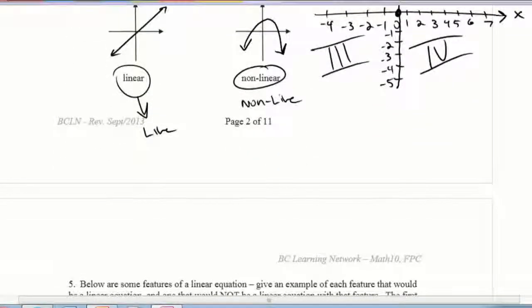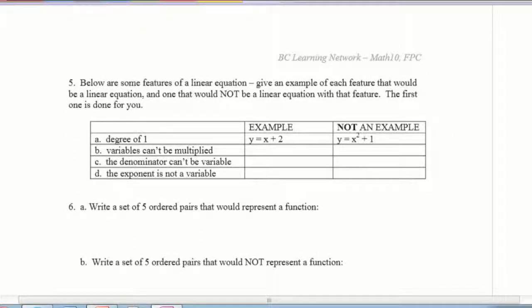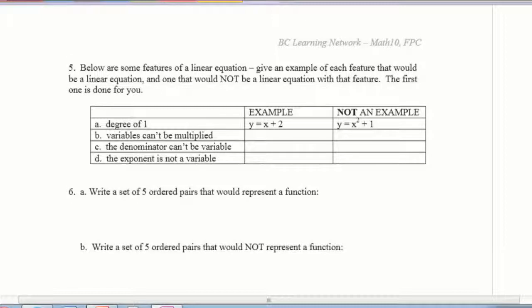So those are the first things. Below are some features of linear, nonlinear. We haven't dealt with linear, nonlinear, but you should be able to do number 5. It's not terribly difficult. See what you can do. If you need to write a table of values and go from there,